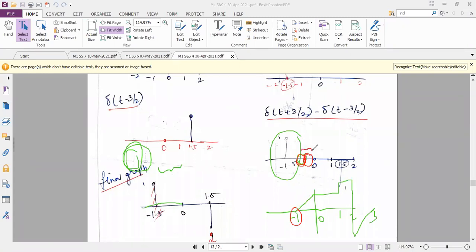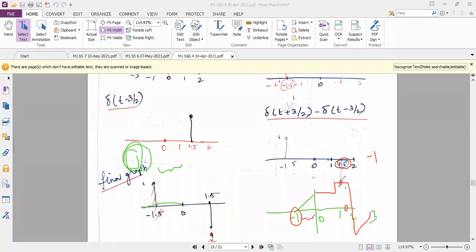Between minus 1 to 0, everything is 0. And here there is some amplitude, but 0 multiplied with anything is 0. So this proceeds up to the right hand side up to 1.5. Am I right? Yes, ma'am. Okay. Only at 1.5 will you get some amplitude. Because at 1.5 here the amplitude is minus 1, and here at 1.5 my amplitude is plus 1. So plus 1 multiplied with minus 1.